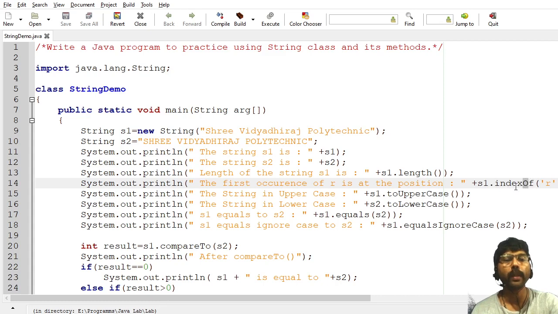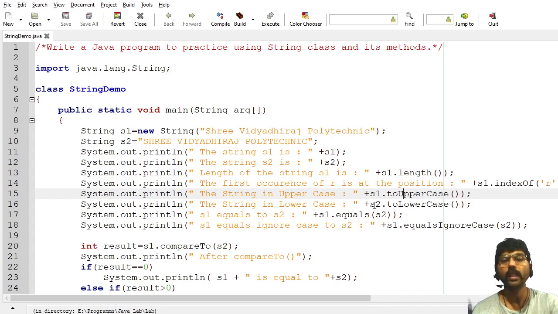If you see properly here, in indexOf, two words are mixed, but the first character of the second is a capital one. Here also, three words are mixed, toUpperCase. U and C are capitalized here. This is the way of writing Java methods. The first word is small, the second word's first character is capital, the third word's first character is capital. Like that it continues. This is called the camel technique.